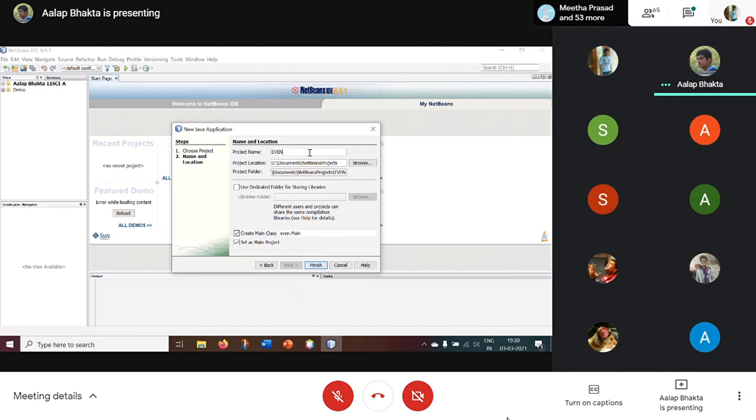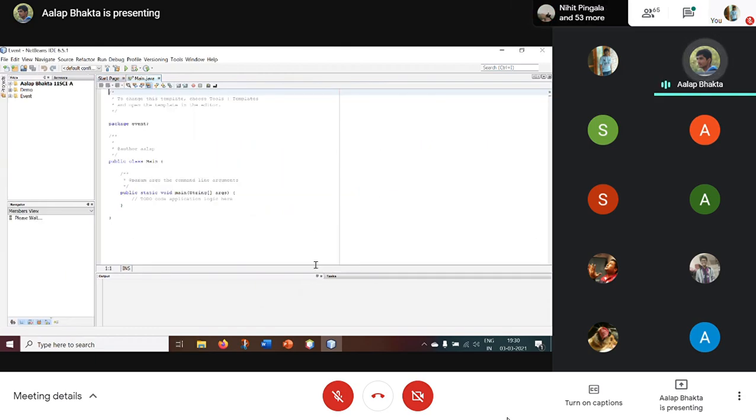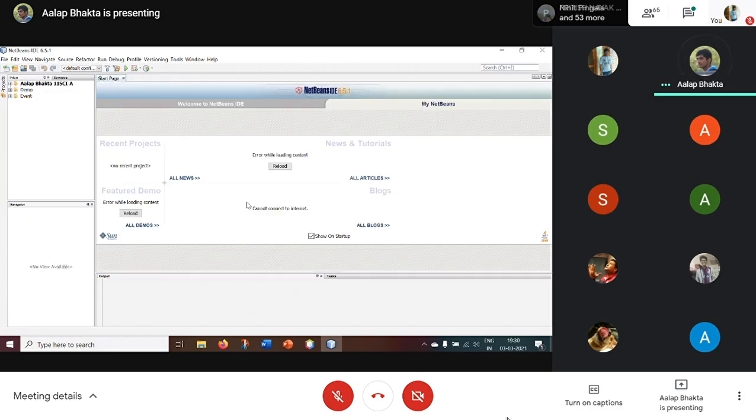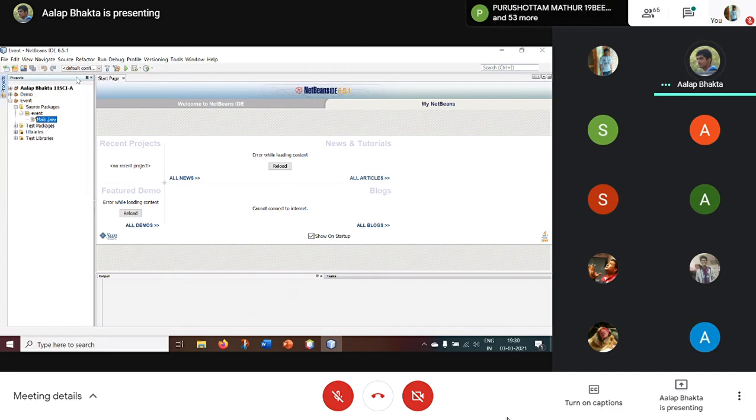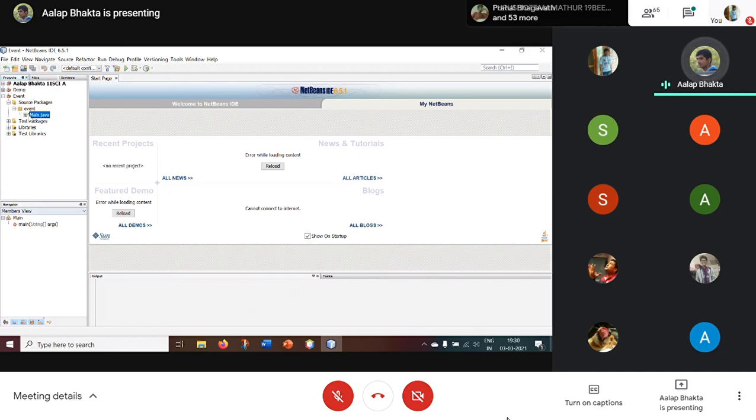I'll just put the name as event. Unselect creating a main class and set as main project, then click on finish. You'll get this event folder in files or under projects. Projects or files, anywhere is good.